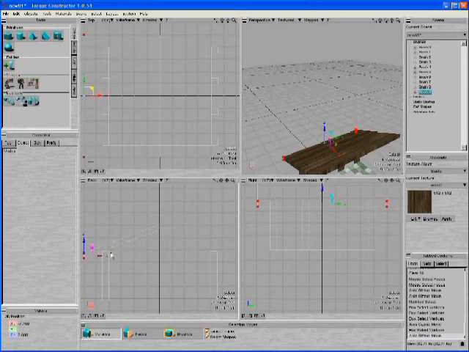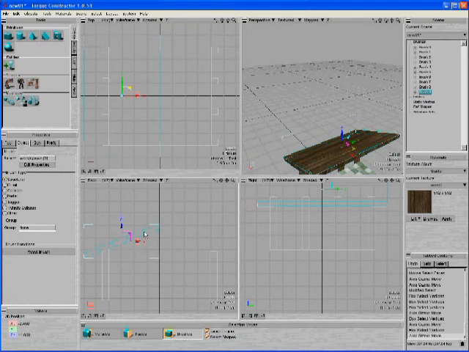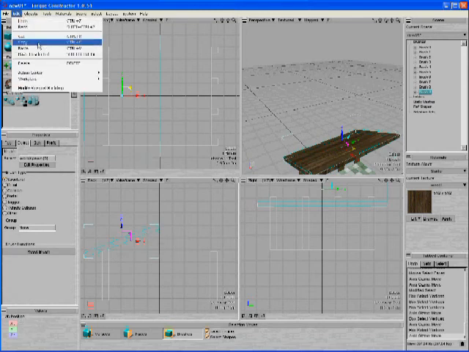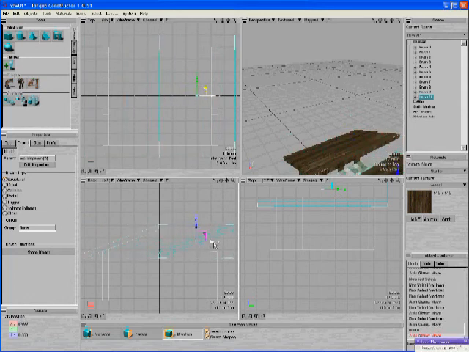And I can actually do that with the pillars also and get those up there like that. And then I'm going to go to brushes, select this, and copy, paste. I'm going to move it over here and